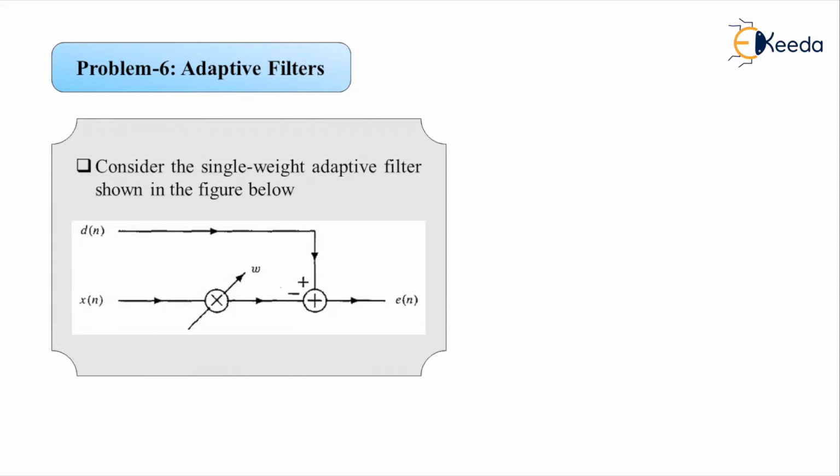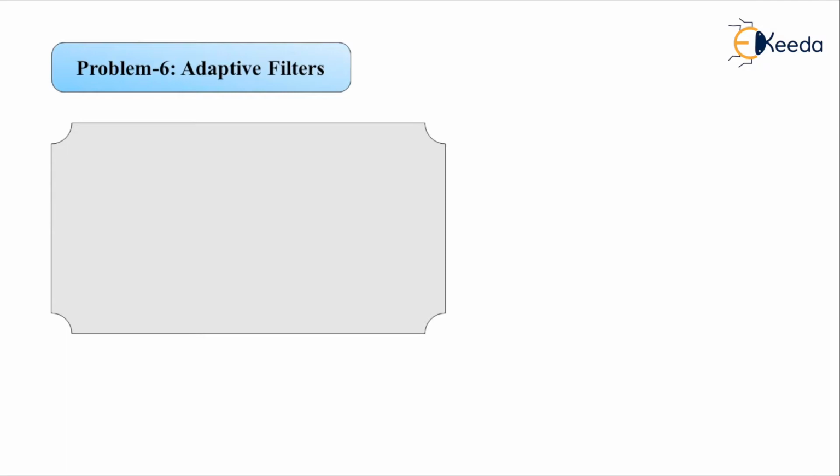Here we start with our topic, problem 6, adaptive filters. Here we are provided the problem statement. It starts: consider the single weight adaptive filter shown in the figure below. We have part A, part B and part C to be solved. After this figure, we have part A, where we are asked to write down the LMS algorithm to update the